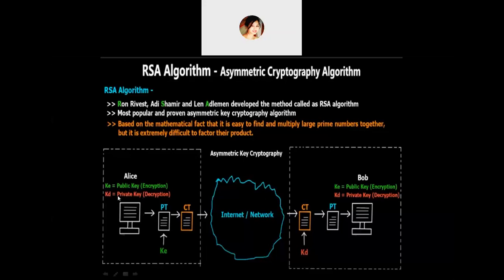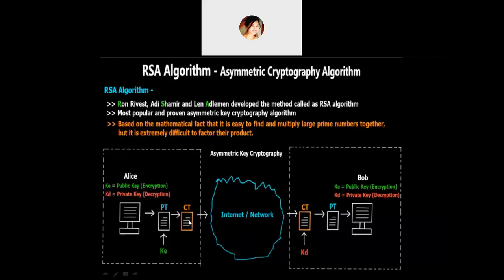In this example, every user has their own public key and private key. One key is public, available to everyone on the network, and one is private. In this diagram you can see that Alice has her own two keys, one public and one private, and Bob also has his own two keys, one public and one private. Then encryption goes as follows: Alice takes the plain text.